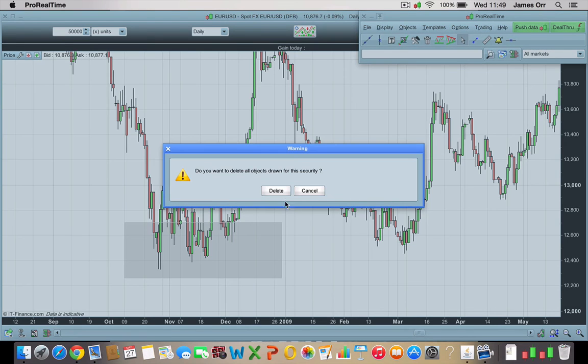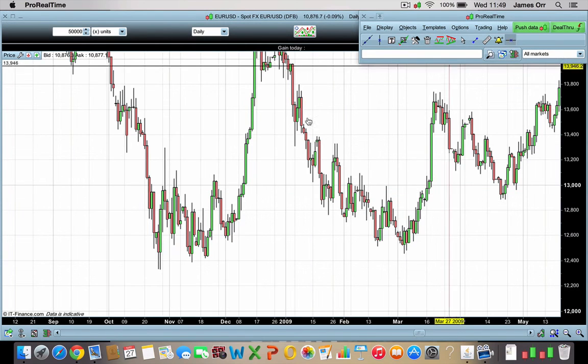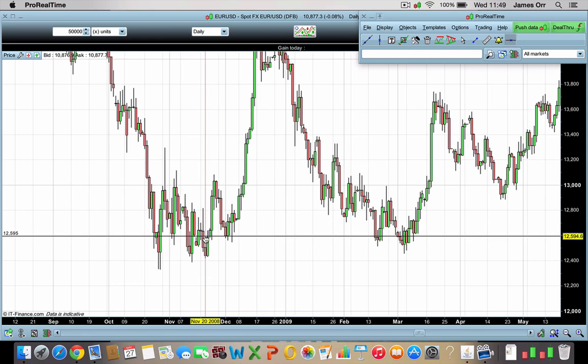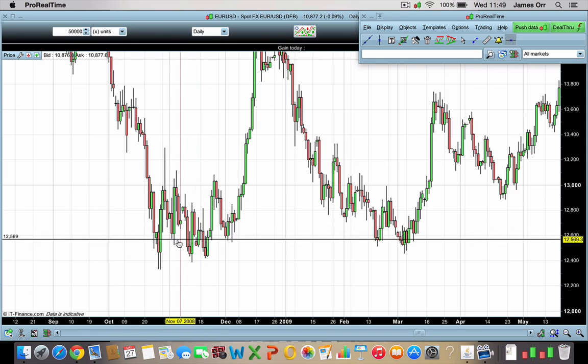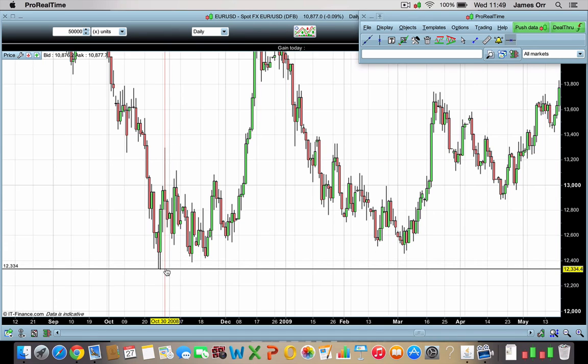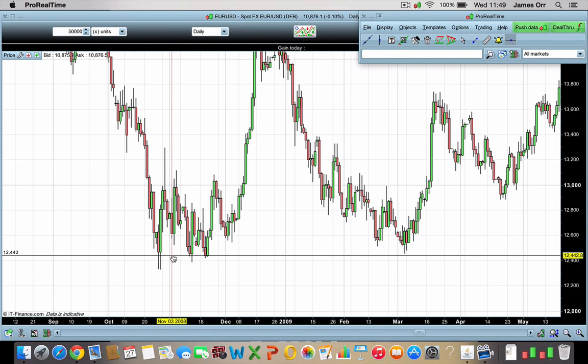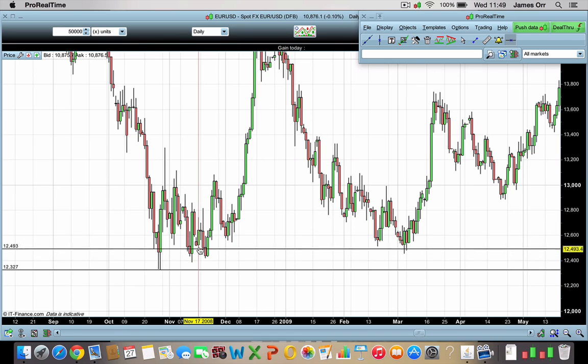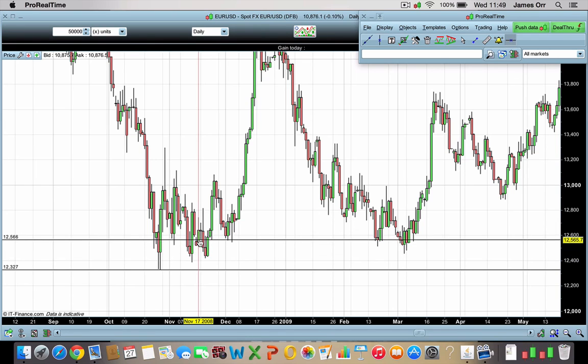So if we just get rid of this just now, what we can see here is, if you take your lines for marking support and resistance, first of all you need to remember that support and resistance is a zone rather than an exact location. What I like to do is I always take into consideration any tails or wicks, and then pull the second part of your zone upwards, so you're incorporating